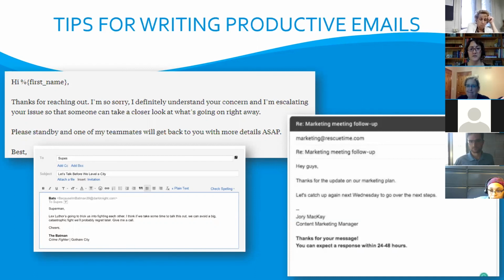If you get an email or you've had a particularly unpleasant interaction with a customer, internal or external, write the email, save it and close it. You've got it out of your system, step away from the keyboard. I say hands off the keyboard. That's why I'm doing this. Hands off the keyboard. Do not hit send. Then you come back to it when you're a little calmer and you can actually write an appropriate email.